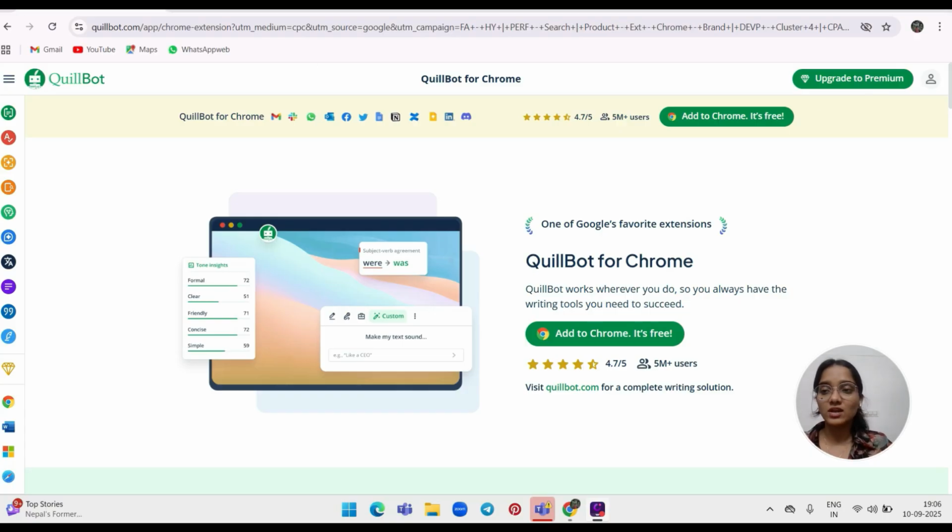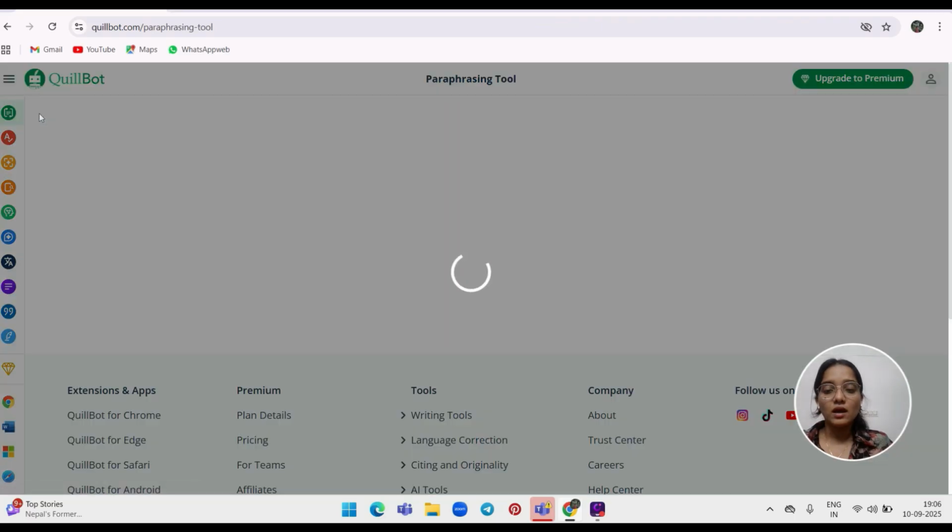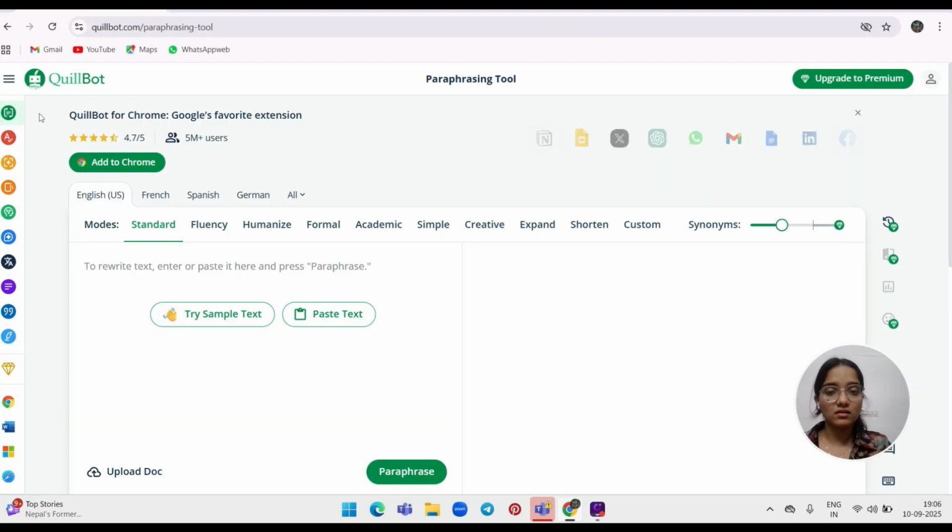So we can start first with the paraphraser. Paraphraser, as I said, is a tool that will help to correct the grammar mistakes that you are committing while you are writing a sentence or notes or essay, anything. It will also help you to correct the mistakes that you are committing while you are preparing these kinds of notes. So I'll just demonstrate it with an example.